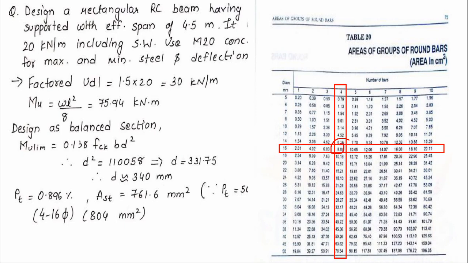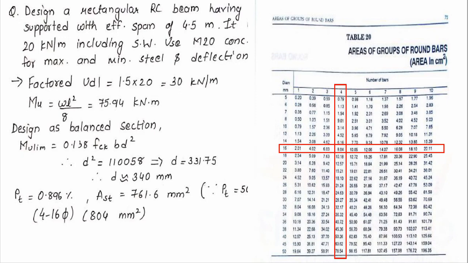In your GATE examination, if you have taken the answer to be 7.63, it is well and good. You will get full marks for it. But as an optimum value, or as to be constructed on site, we are taking a somewhat higher value. So we provide 4 numbers of 16 mm diameter bars as reinforcement.